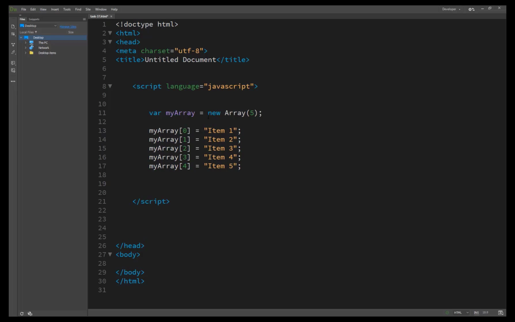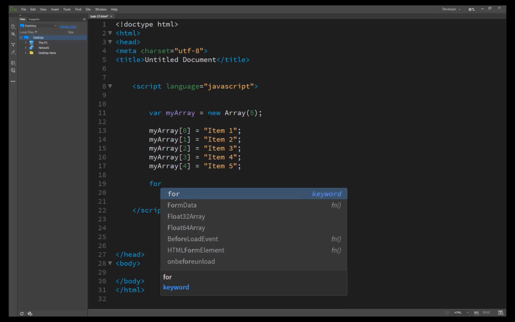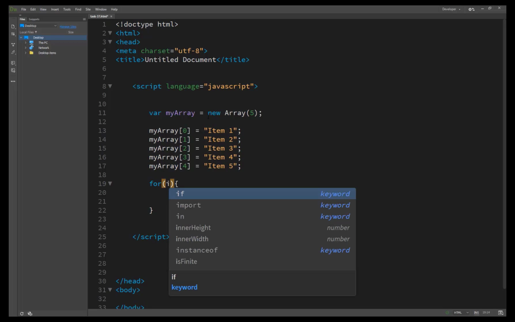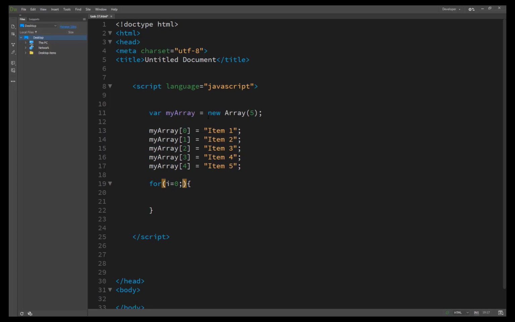Inside this, there must be a for loop. We write the condition of the for loop here: if I say i is equal to 0, because the index starts from 0. You can start counting at 1, but this is because the first index is 0 in your array.